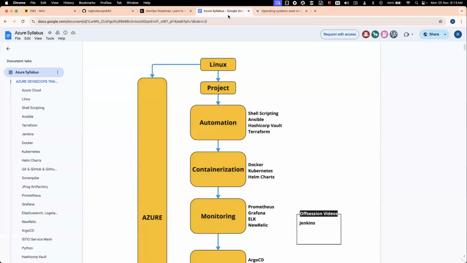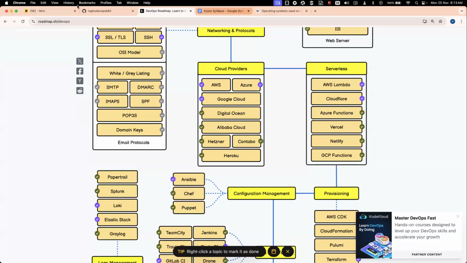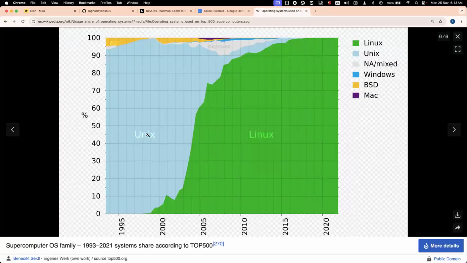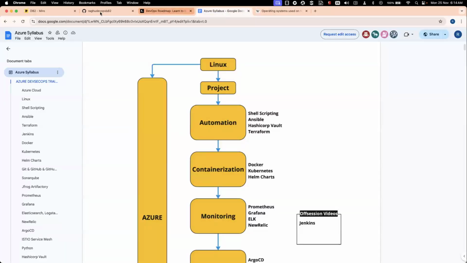Also, by the way, this graph is mostly for supercomputers. However, if you take it on the servers also, Linux is actually significantly higher when you compare with Windows. So that is where we are going to